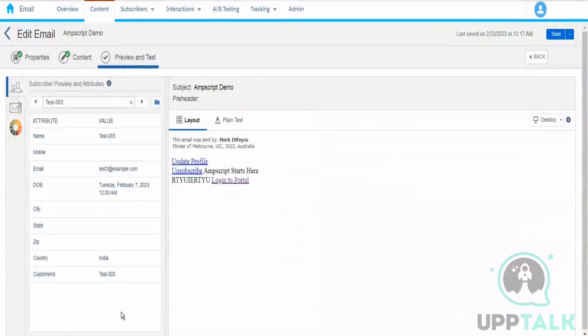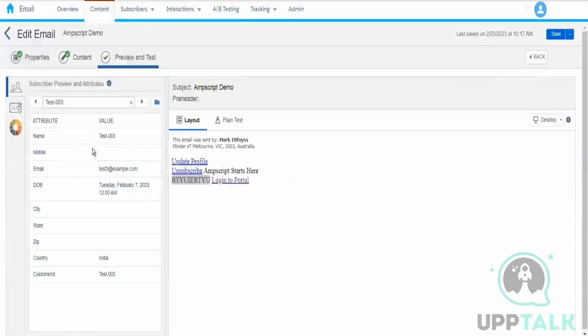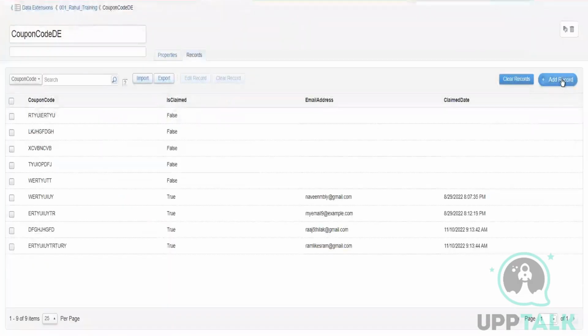Okay, so now here we can see that this is the coupon, right? This one was retrieved and given to this particular customer. If you go to the next one, to this customer, this coupon was given, and to this customer, this coupon was given, right? So now if I refresh this page,